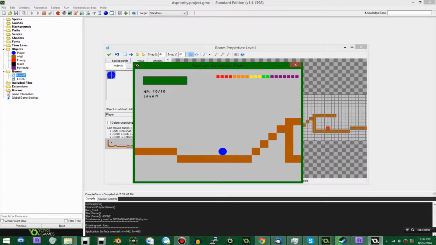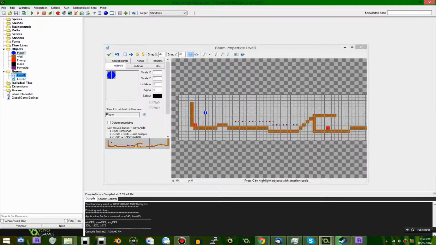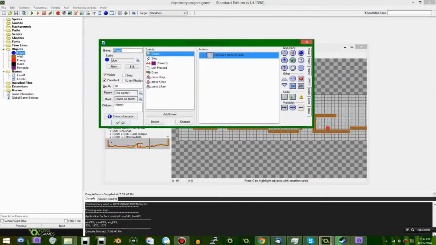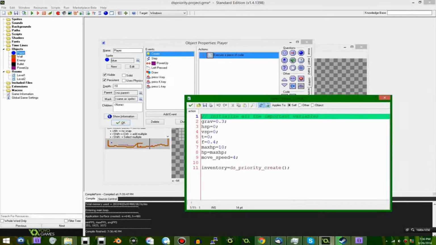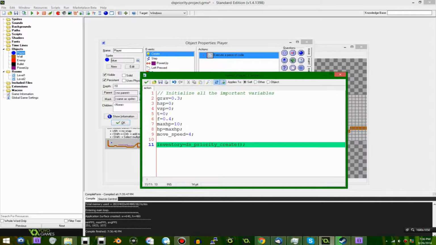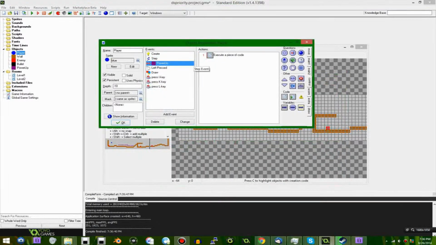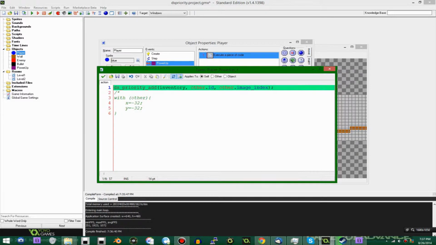Now, how to do this? Well, the priority, in this case, that I'm assigning to the objects that I'm adding to the priority queue, by the way, when you create it, obviously you're going to say the variable that you're looking at equals ds_priority_create, as with all the other structures. Now, when you do this, in this case in the collision event, when you add the object to the queue, you're going to add to the inventory queue. The value that you're adding is the object's ID, well, instance ID in technical terms,